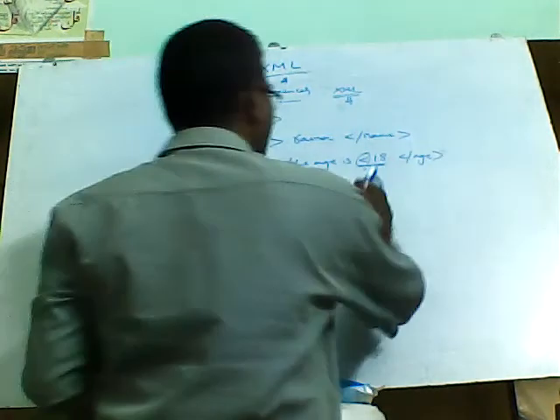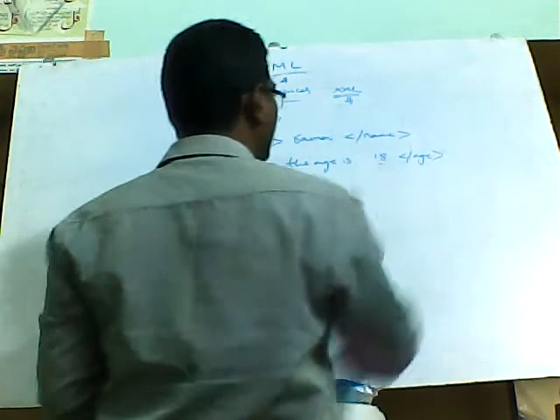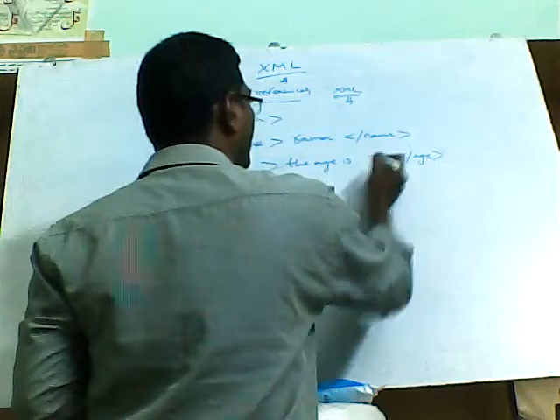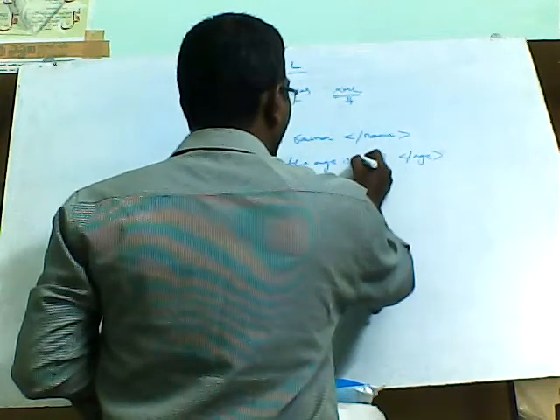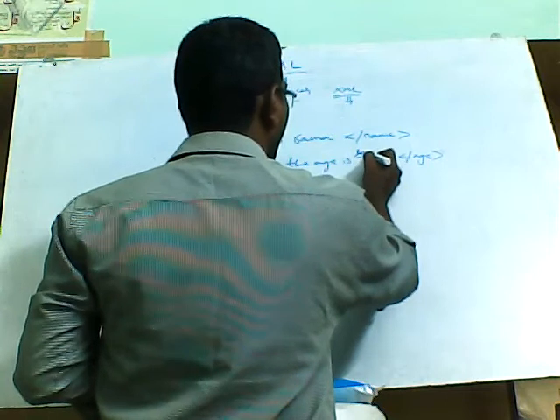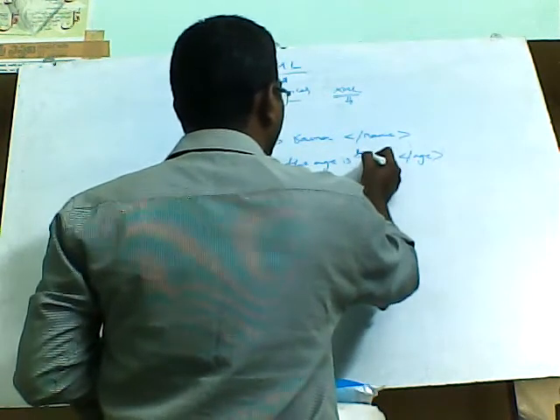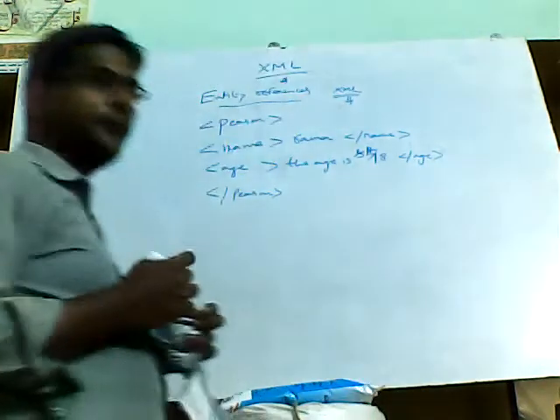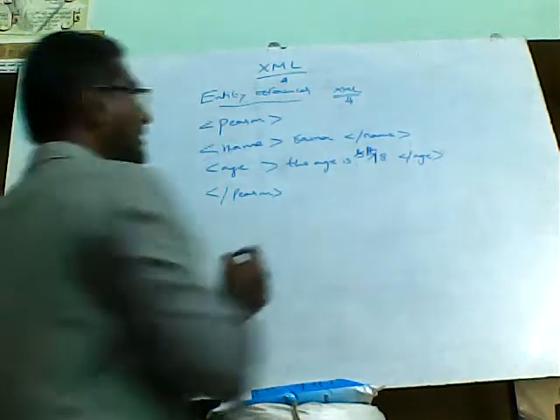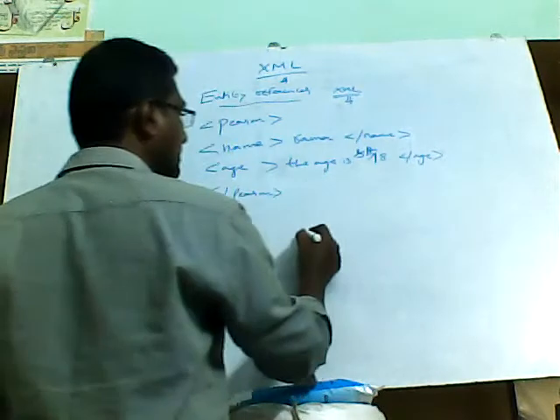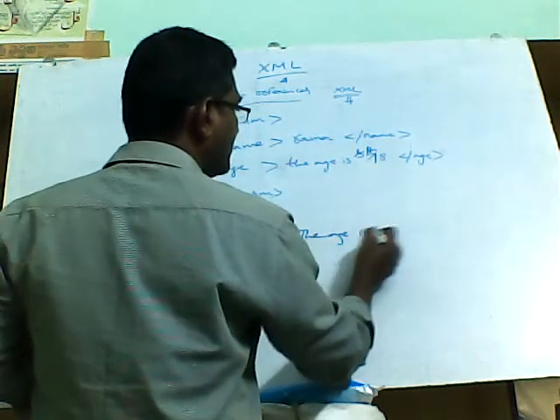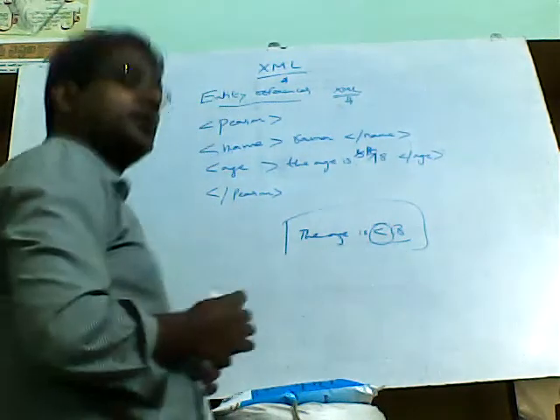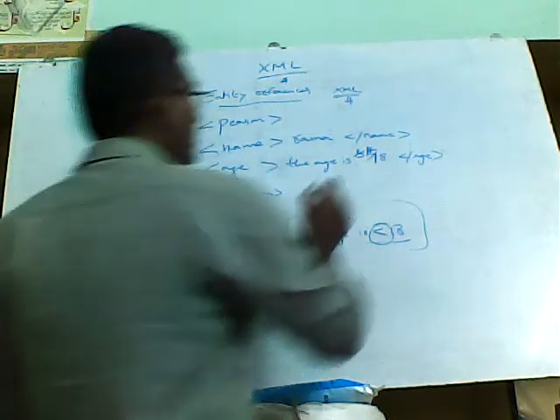So in place of this less than 80, in order to rectify that mistake, in order to overcome that problem, what I have to write is ampersand GT for greater than 18, and ampersand LT semicolon 80. If you write like this and execute, you will get the output as the age is less than 80. In the output you can see this type of symbol. So directly you can't use the symbol here.